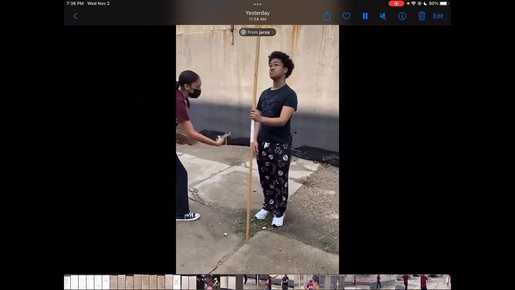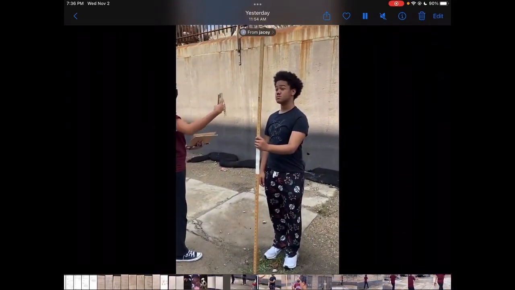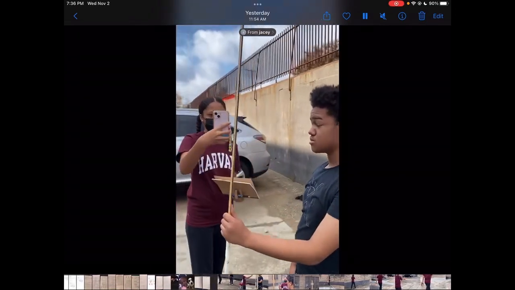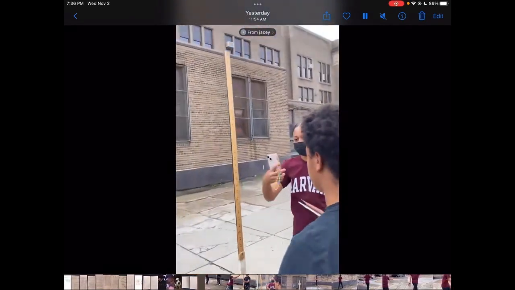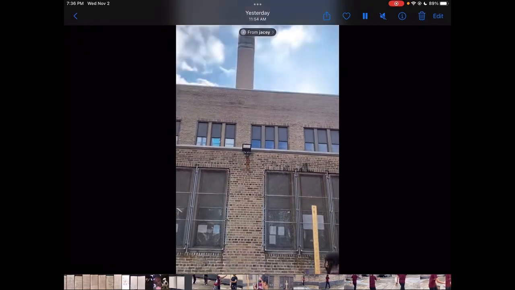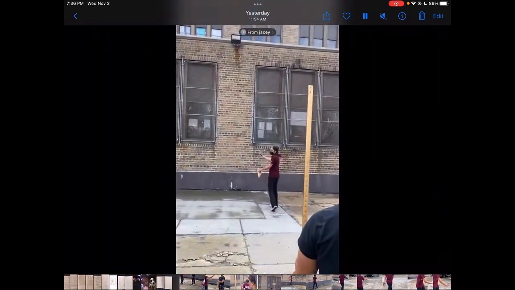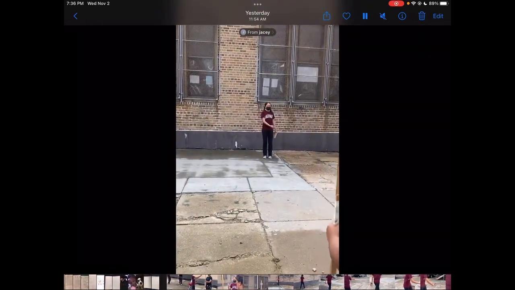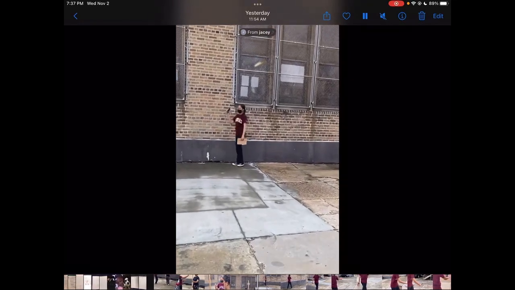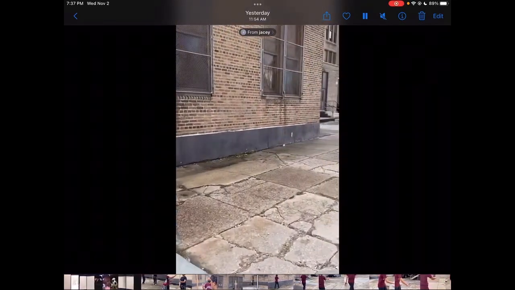Starting off in this video, JC is measuring the height from the ground to my eyes, and then she's going to measure the distance from me to the wall, because what we're doing here is that big pillar at the top is our object, but as you can see, there's two big walls in the way. So what we wanted to do is measure from me to the wall, and right here JC is going to